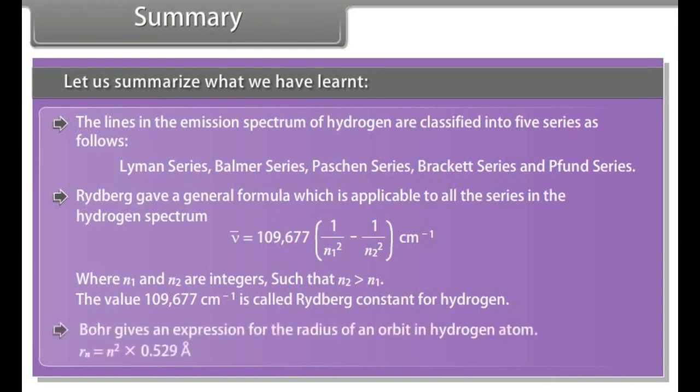Bohr gives an expression for the radius of an orbit in hydrogen atom. Rn is equal to n square into 0.529